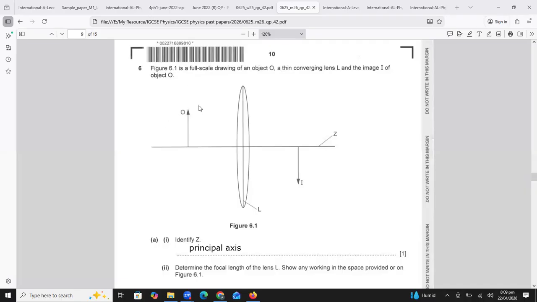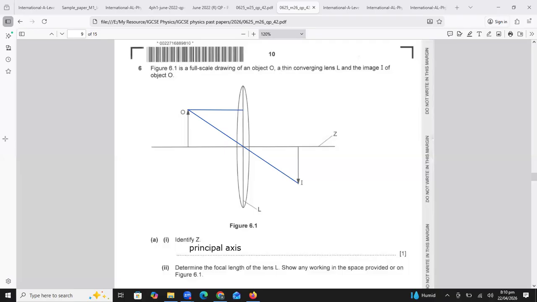Okay, Hafsa. Look, ray number 1 will always pass from the object head through the center of the lens. So this is ray number 1, which will always pass straight, and it will meet the image. Now we have to draw ray number 2. Ray number 2 will first go straight, parallel to the principal axis, to the center of the lens. Then it will cut the focal point.